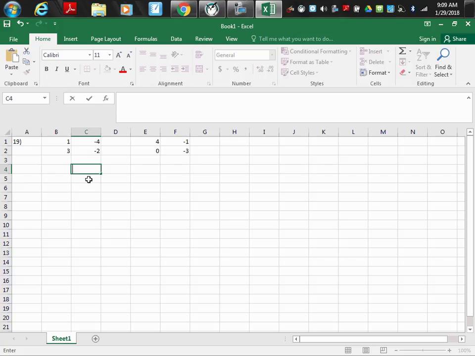Except, what did I do wrong? When I'm working with a matrix, what do I have to do? I have to select for the answer. So my answer is going to be a 2 by 2, and we know that because when we do our,